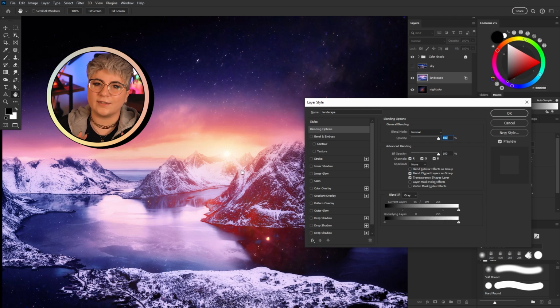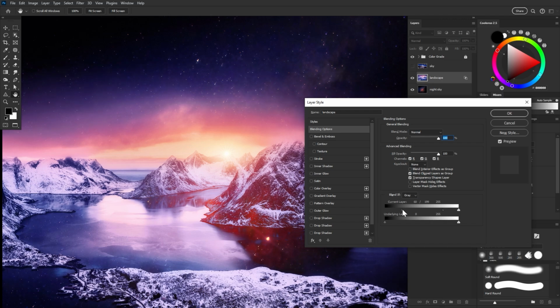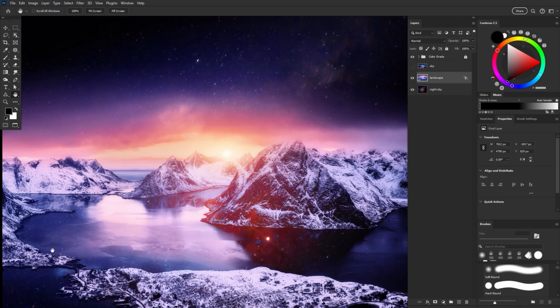Blend if does not have exact settings. Move around the toggles and watch the image. We're ending up with an almost reflection effect in the water, which I really like. However, some of the image was definitely overly blended, but there is a super easy fix for that. Let's create a new layer below our landscape layer and name it Solid. Because now we're going to use a semi-hard dark colored brush to paint color behind any areas you want to appear more solid.